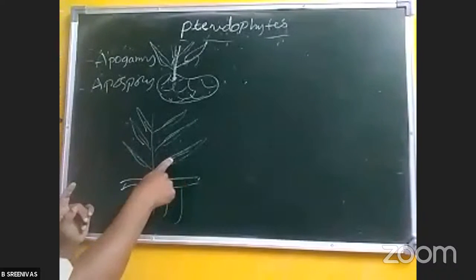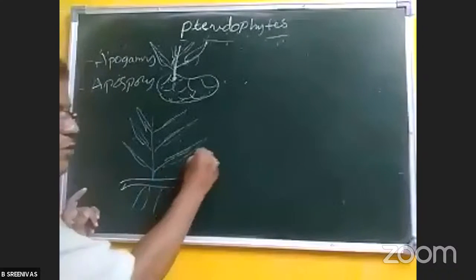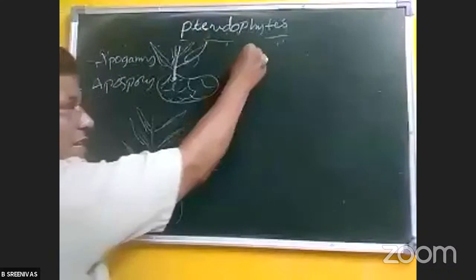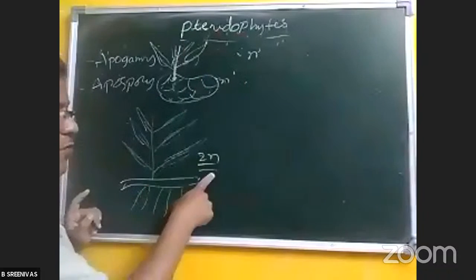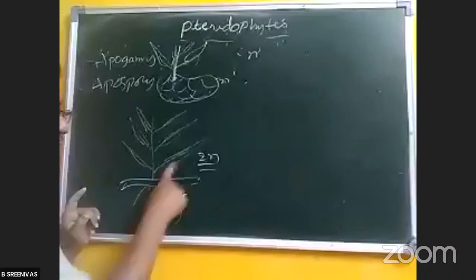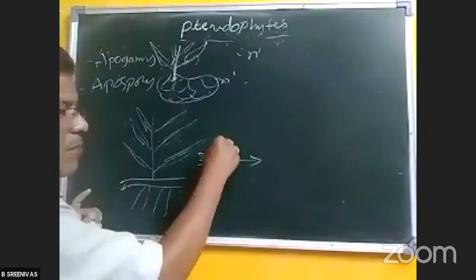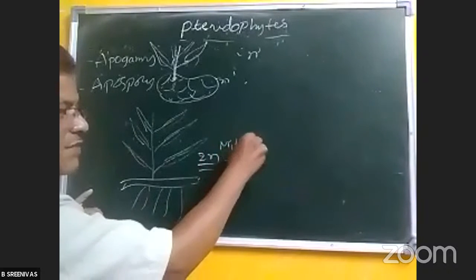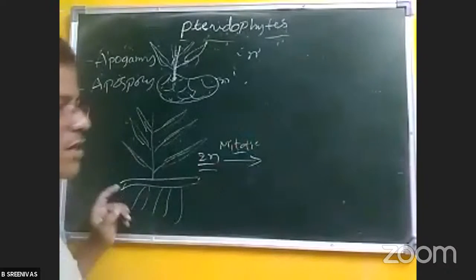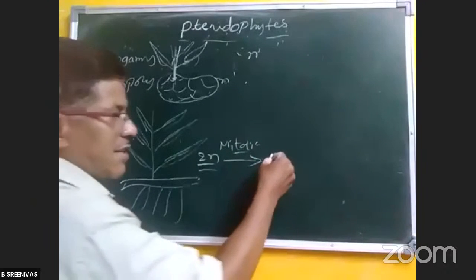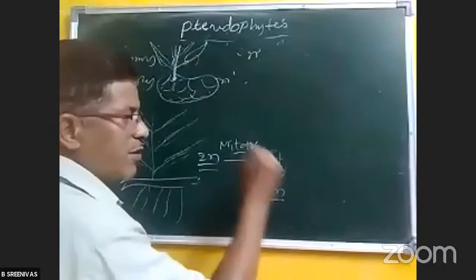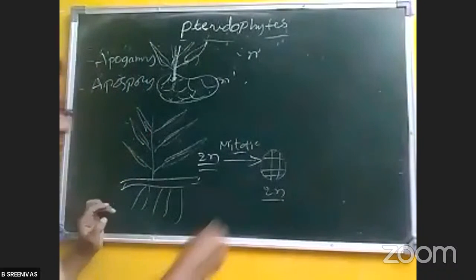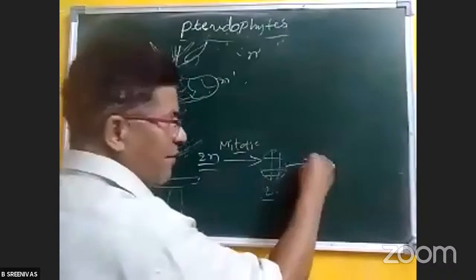Diploid. In the gametophyte, haploid cells are present; in the sporophyte, diploid cells. These diploid cells undergo mitotic division and produce an embryo. What type of embryo? A diploid embryo only. And this embryo is developed into